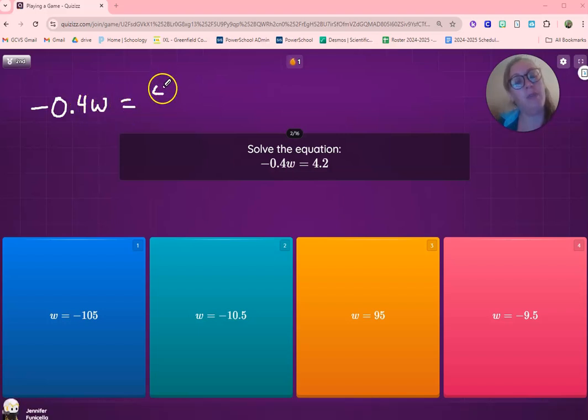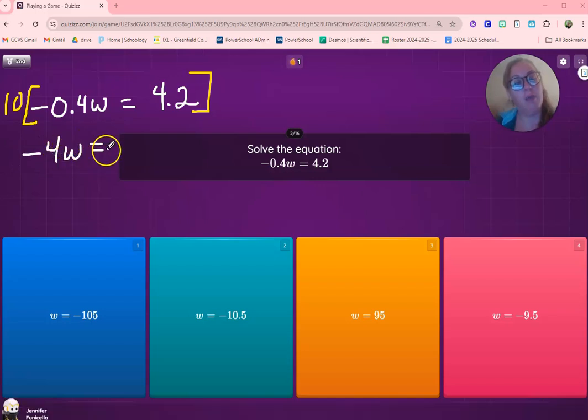We have -0.4w equals 4.2. Remember, if you want to with decimals, you can multiply everything here by 10. If you want to just get rid of the decimals altogether, this would get us a -4w equals 42. Sometimes that just looks better to people's brains. You don't have to do it that way. You could have just from the start divided by that -0.4, but now we're just dividing by -4,